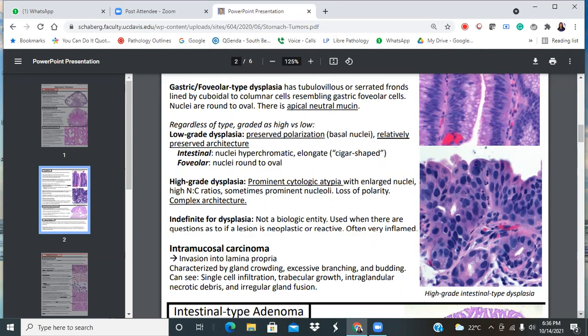But for sure, if there was no mass lesion, no nodularity, and it was just a focal ulcer edge, I would definitely have been more cautious in my wording and call it epithelial atypia, see comment. In my comment, I would say this could either be eroded ulcer bed changes with nuclear atypia. I can't tell at this point whether it's dysplastic versus reactive.